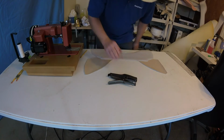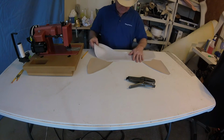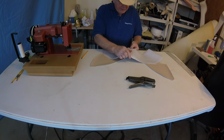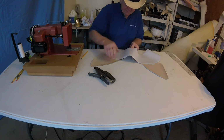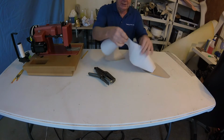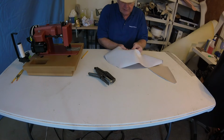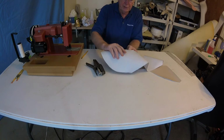Okay, now I told you these are the hardest things, and maybe the reason that we got that wrinkle in the other seat is you've got to fold. The only way you get these things to go around smooth is you got to fold them in a lot of staples. So keep our lines good, and keep a nice roll here so you can line these up. You want to line these edges up. There we go, and then you need to put as many staples in as you have to